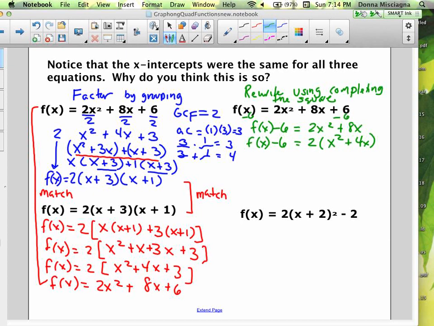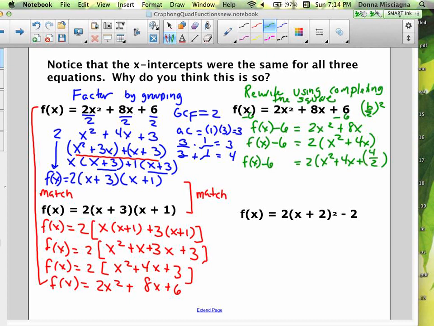Now we're going to add our very special number, which is b divided by 2 squared. And we're going to have to add it to both sides. So we have f of x minus 6. I'm going to leave a space. Equals 2 times x squared plus 4x. I'm going to put it right there, the missing number. So b divided by 2, b is 4 here, is going to be 4